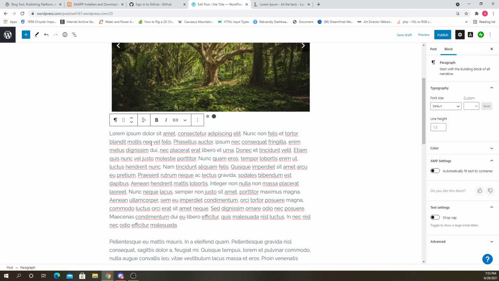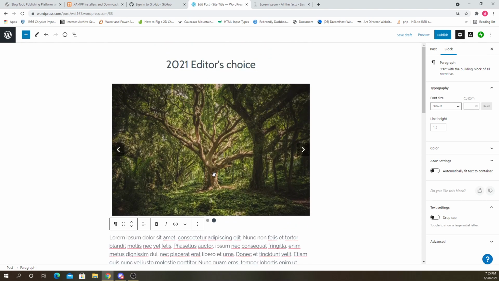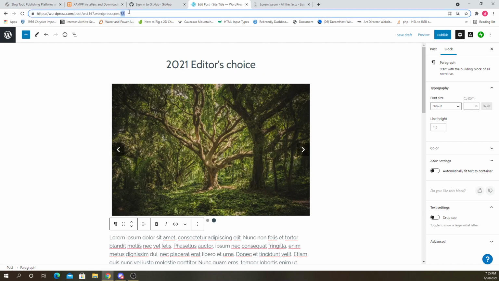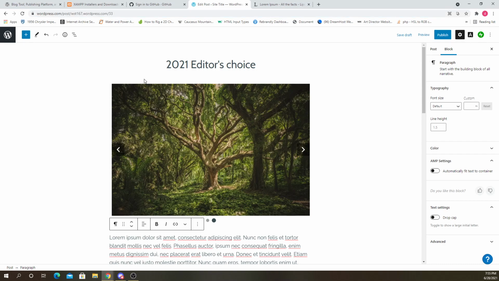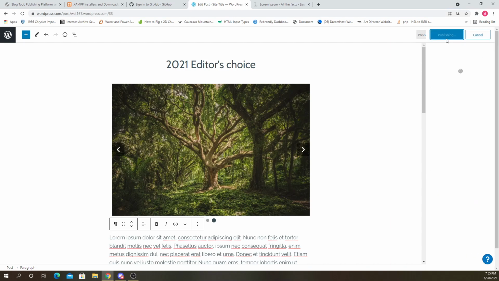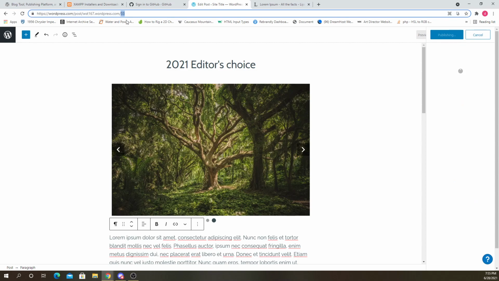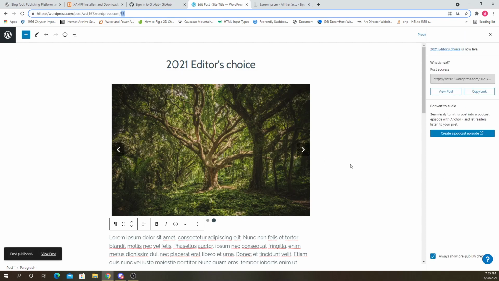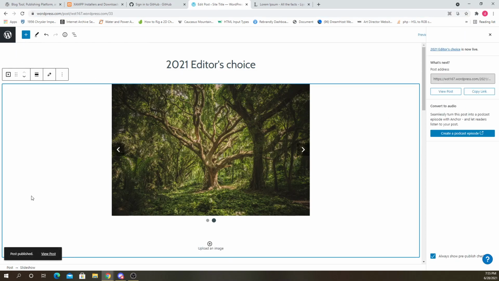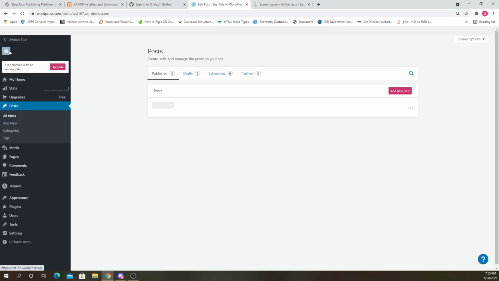The URL, by the way, let's figure out what our URLs are, because you can choose what kind of URLs you want. Right now, it looks like it's just a number, wst.167.wordpress.com/33. Let's go back. Let's publish this and see if we can change the name of that page. Let's go back here.